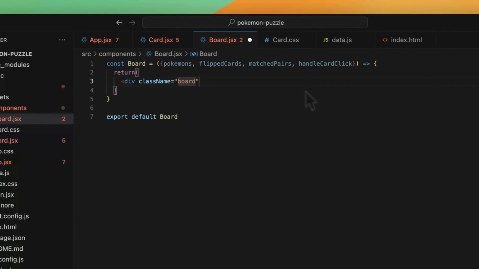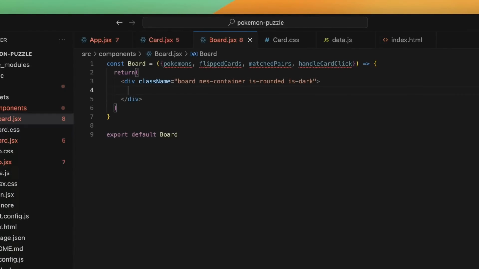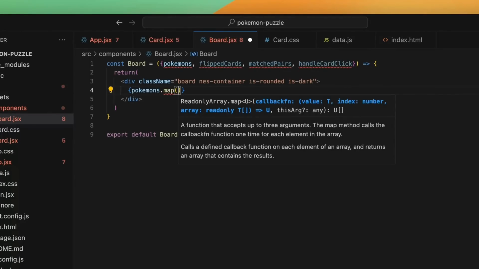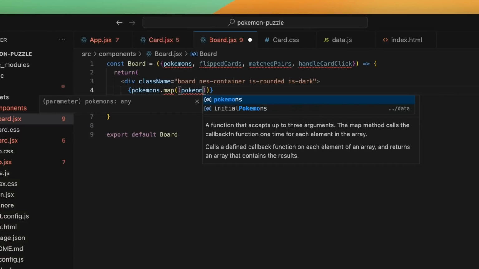Okay, now inside of this we'll return some markup, and we create a div with the class name of board, and nes-container is-rounded and is-dark. Let's close the div, save. Now inside of this we'll map over all the Pokemons in the array that we receive as props, right? So map, get each Pokemon,